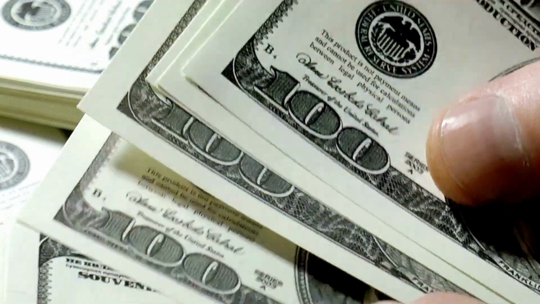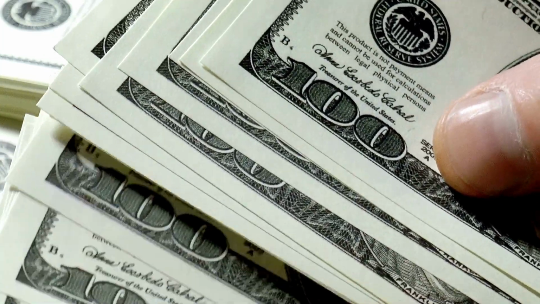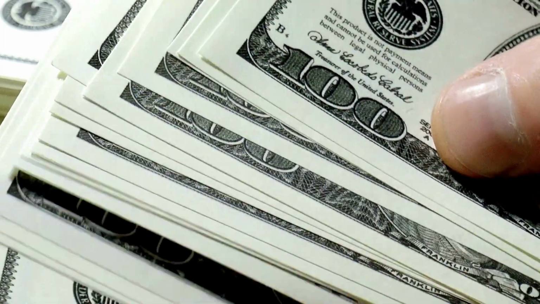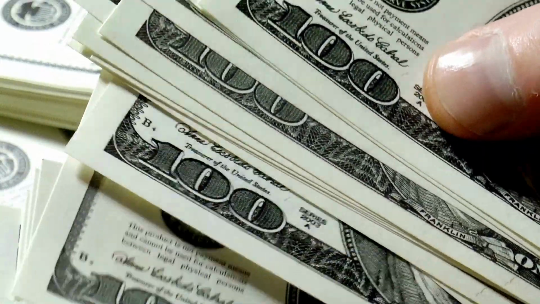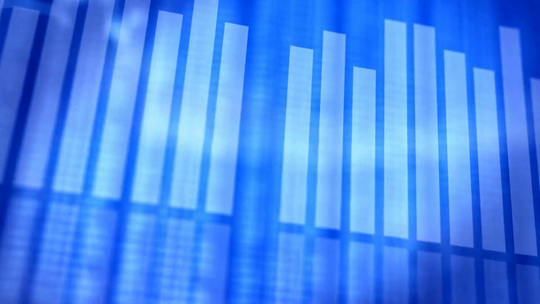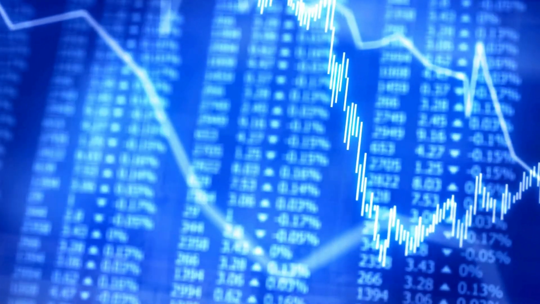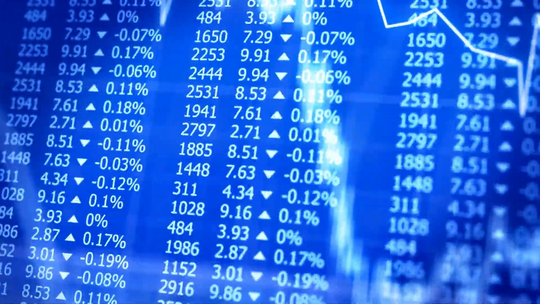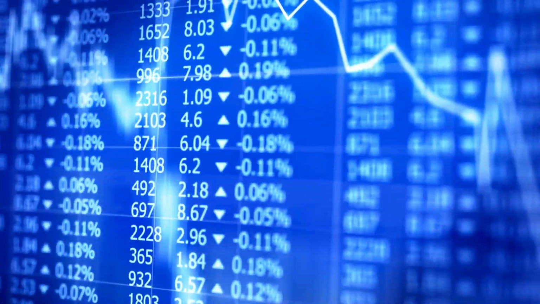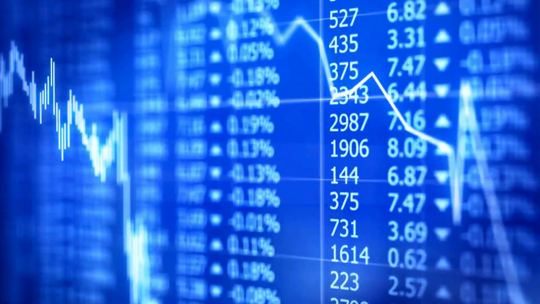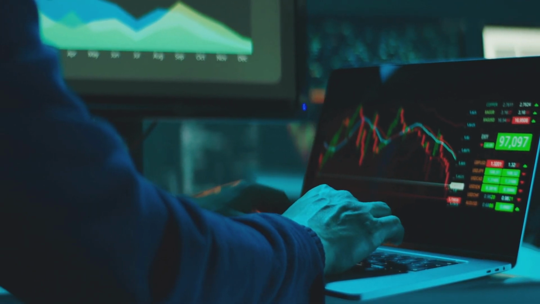A broker is a company, or sometimes an automated platform, that acts as the bridge between traders and the Forex market. Its primary function is to facilitate the buying and selling of currency pairs, ensuring that transactions are executed quickly and efficiently. Brokers provide access to trading platforms that allow users to analyze charts, execute orders, and monitor their positions in real time. There are two main types of brokers: market makers and ECN STP brokers.